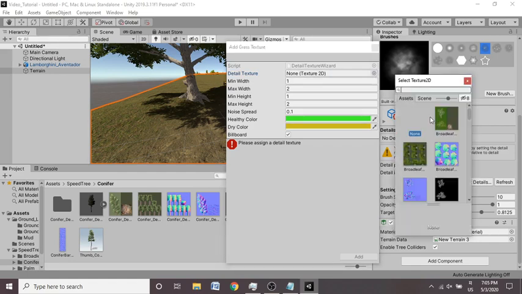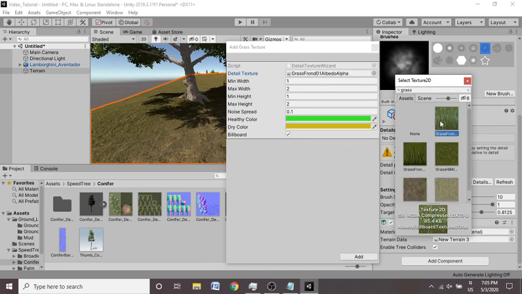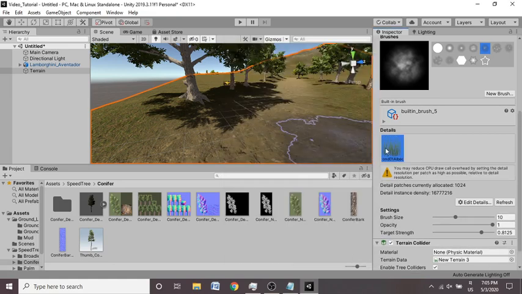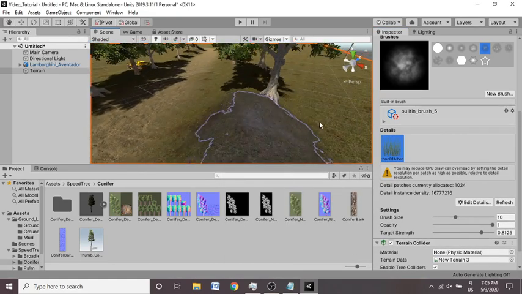I don't know why this is happening. Okay, grass, yeah, just like that grass has been added. So you can hit add, and just like that we have an option called grass, and now you can start painting